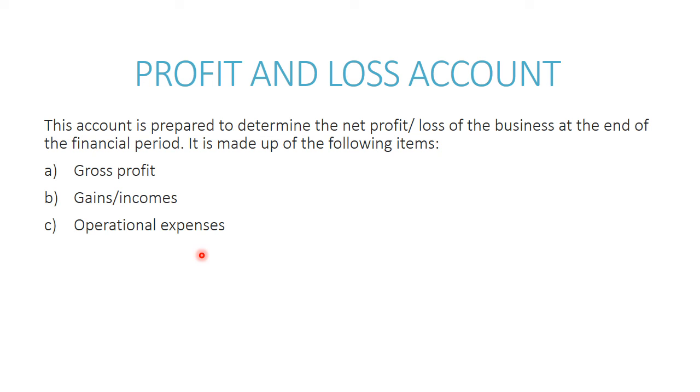Apart from that, you may also have a situation where you pay for insurance, maybe motor vehicle insurance in your business. So you pay premiums. All those are expenses which are supposed to be treated in the profit and loss account. So remember, the items which are supposed to go in the profit and loss account as expenses are only those expenses which are not directly related to the goods that you are selling in the business. Very important to notice that. So these are the items that make up the profit and loss account.